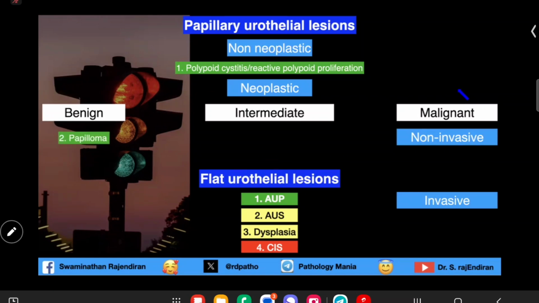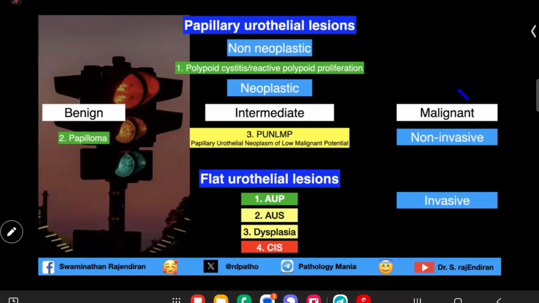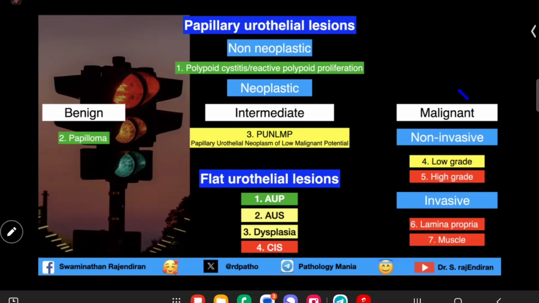In the benign neoplastic is papilloma. In the intermediate category, it is a papillary urothelial neoplasm of low malignant potential. In the malignant non-invasive, what we saw, case number 1 is low grade and case number 3 is high grade. And invasive, whenever there is invasion in the bladder, you have to say whether it is in the lamina propria or in the muscle, because treatment is very, very based on this invasive component in the muscle or in the